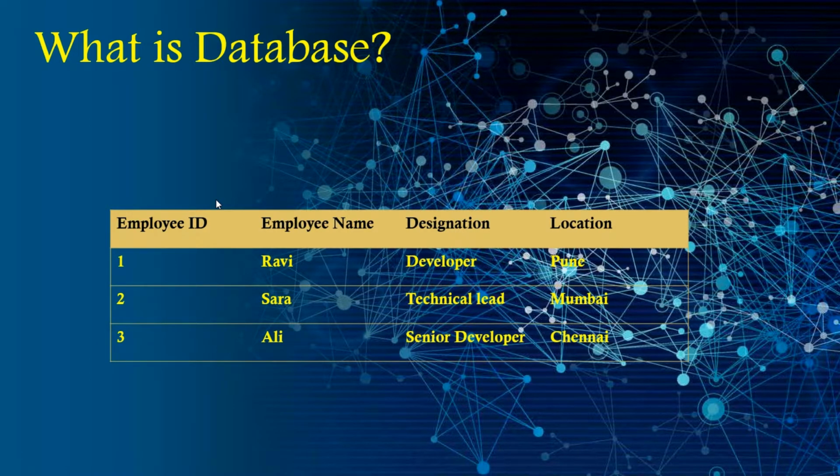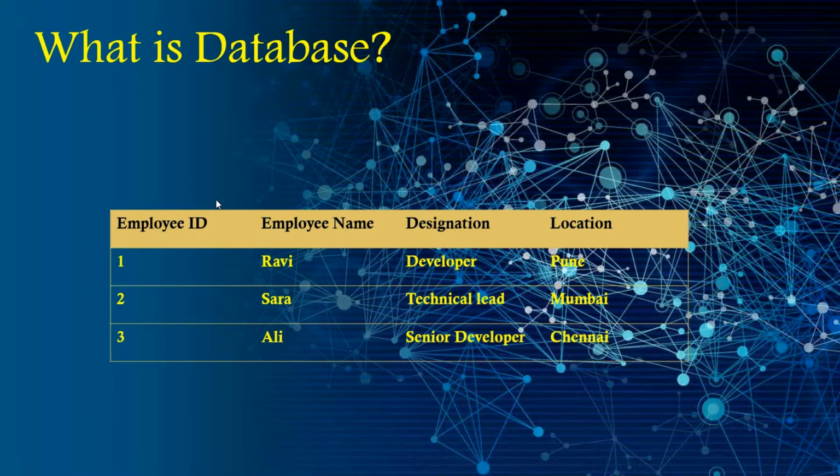Data can be organized if it is of the same kind. We can create a table of employees but cannot add details of patients in it. To understand, the employee has attributes of employee ID, employee name, designation and location, and a patient will have different attributes such as patient ID, his name, his blood group and his illness. So we cannot add the details of a patient in the employee table.